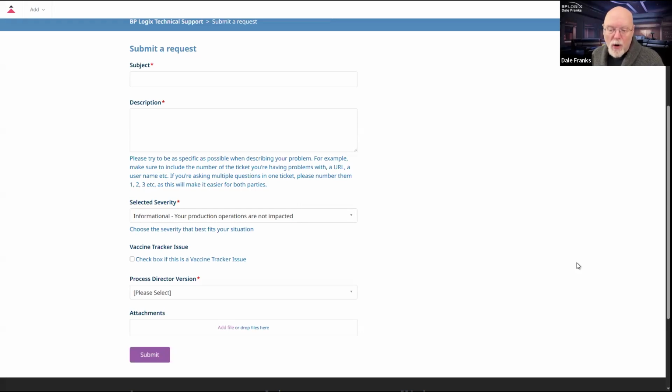But if your issue does not match the requirements of the SLA to which your organization and ours have agreed, which apply solely to production issues, then we will change the severity to the one that is appropriate to the issue that you're reporting. Because if we breach the SLA, that is going to go to BP Logix management, and they're going to get a notice that we have breached SLA 1, production unavailable, SLA 2, or SLA 3.